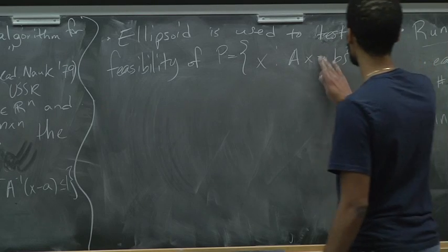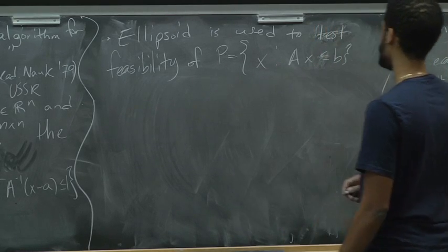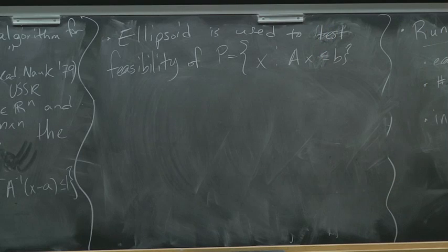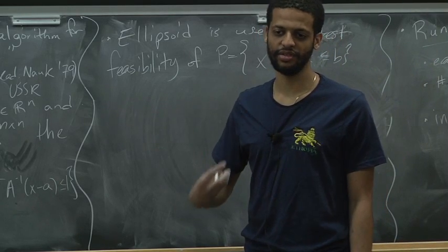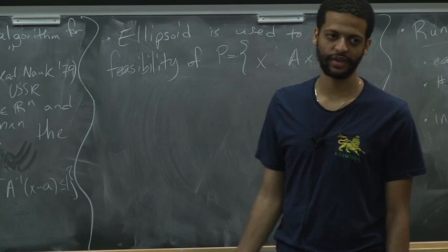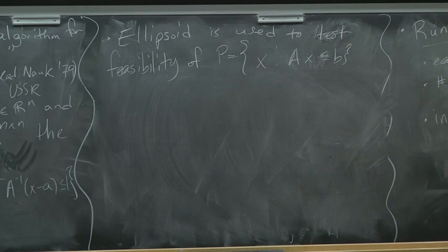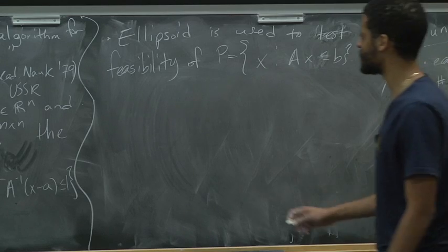Once you can solve feasibility, it implies that you can do linear programming and optimize over this polytope. But ellipsoid just lets you do this. Okay? And the basic idea is